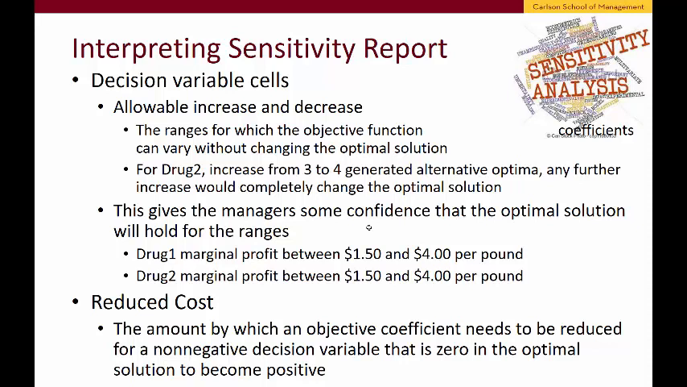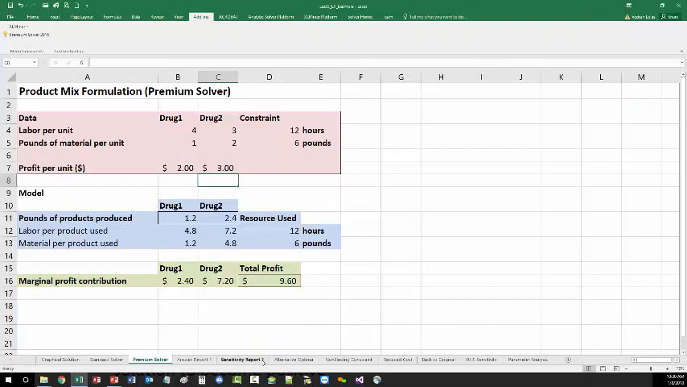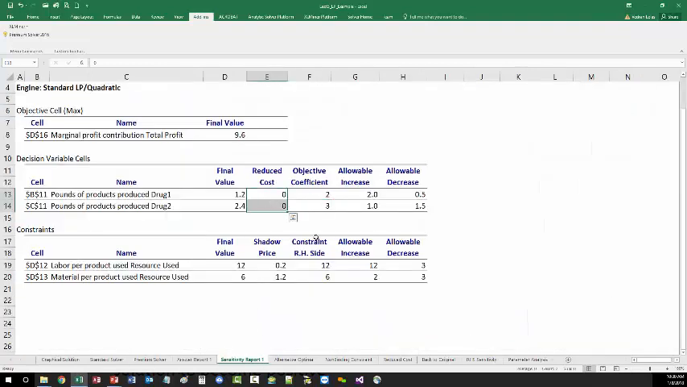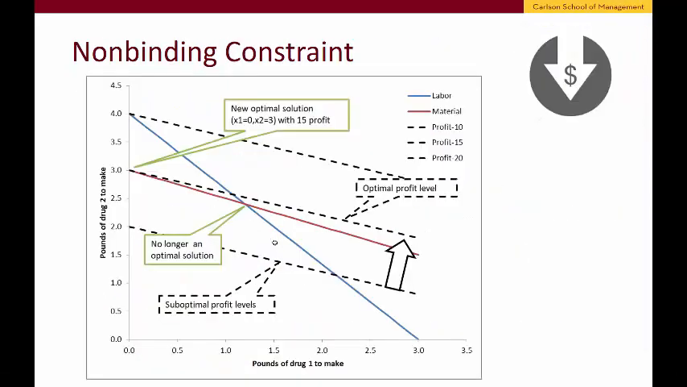For our case, for the base case, if you go to the sensitivity report, the reduced costs for both are 0 because both values of the optimal solution for drug 1 and drug 2 are not 0. They're both strictly positive at 1.2 and 2.4. So to understand the concept of the reduced cost, we're going to switch to the non-binding constraint sheet, which has the